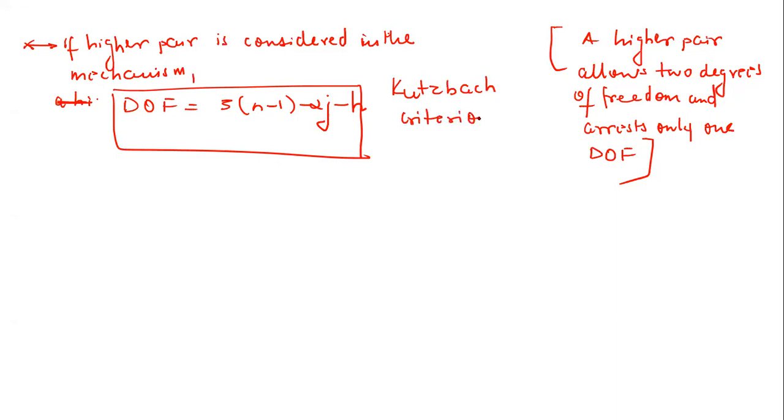So now this criterion is generally called the Kutzbach criterion. So very important thing. You have to remember this formula, this equation, right? Because many a times people will ask you simply what is Kutzbach criterion, right? So then you have to mention this equation, which is simply 3n minus 1 minus 2j minus h. And what is the purpose of the Kutzbach criterion? It is used to calculate the degrees of freedom of a mechanism, correct? So now let us move forward.